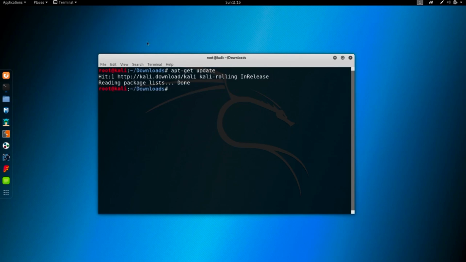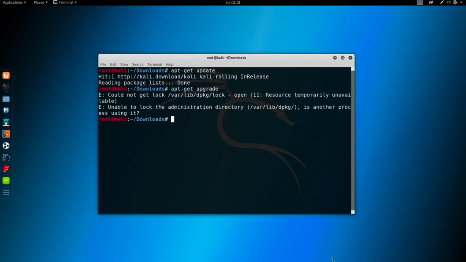And since I'm using this Kali Linux all the time, it may have been a little fast for me. Maybe it will take some more time for you. But after you run apt-get update, I suggest you run apt-get upgrade as well. And this will complete our upgrade and update process. However, as you can see, I got an error. Not necessarily it means that you're going to get this error as well. I know exactly what this error means, but I'm going to show you how to deal with errors